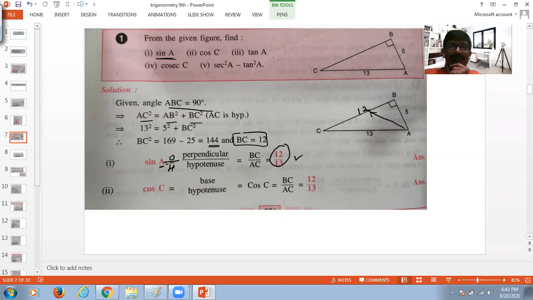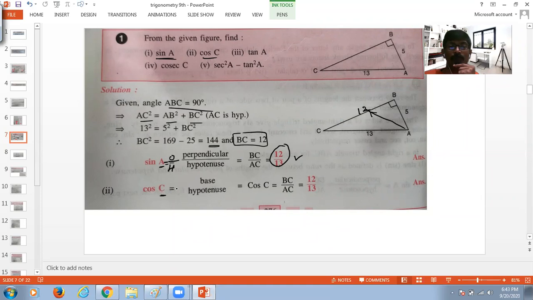Now what is the next part? We will try and do what is cos C. Now understand student, C is our reference angle. So first of all, you should know what are the correct formulas, and second thing, you should know what is a correct reference angle. There are two interesting things. One is, what ratio you're looking at and with respect to which angle, and second thing, what is the correct formula. So we are using right now cos with respect to C.